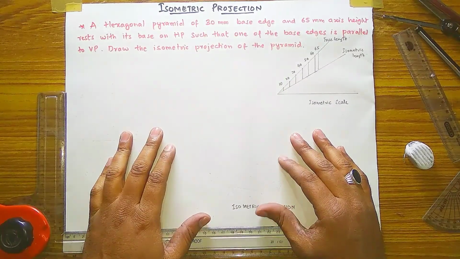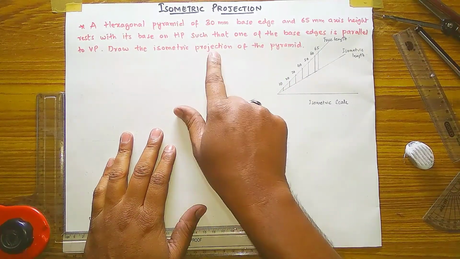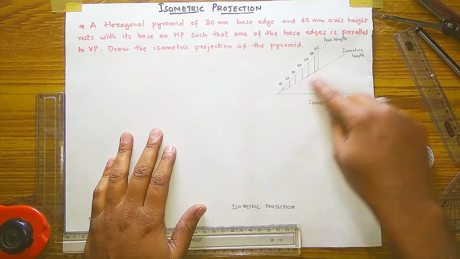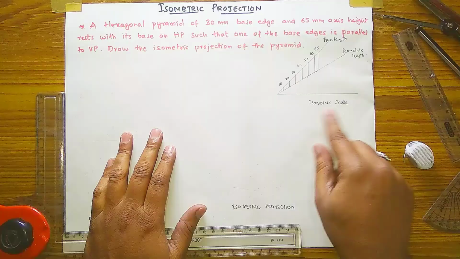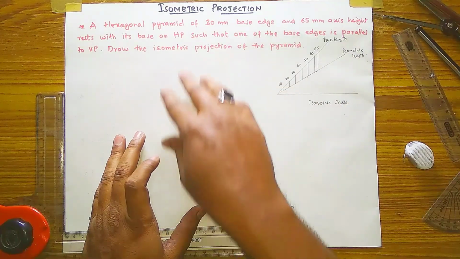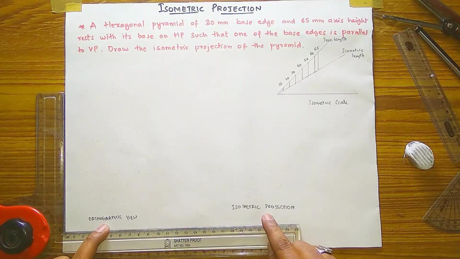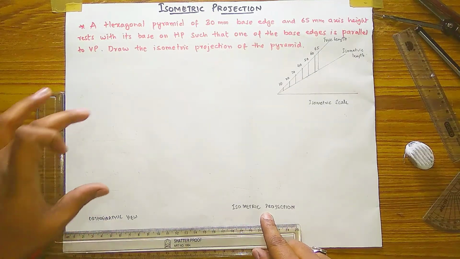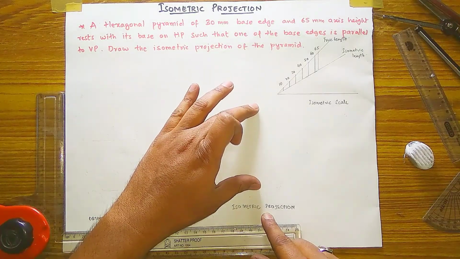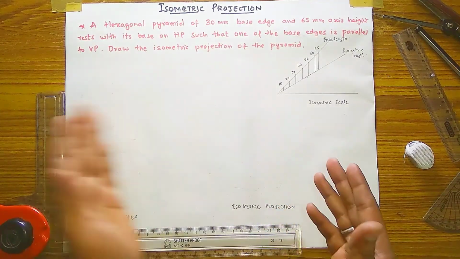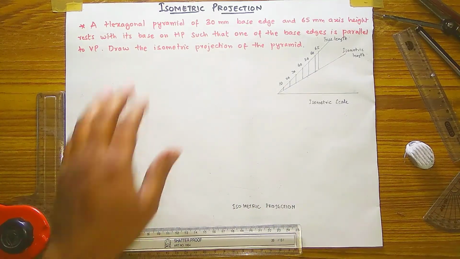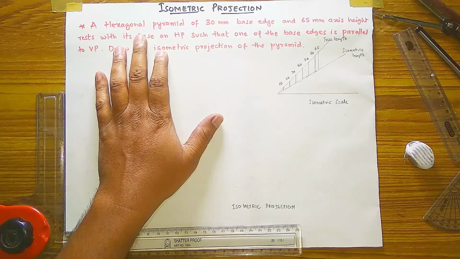In this question, first, what is isometric projection? In isometric projection, we have to draw with the isometric scale. This is the isometric scale, meaning with isometric length we have to draw each orthographic view and the isometric view also. If we first draw the orthographic projection with isometric lengths, the isometric projection dimensions will automatically come. So I am going to explain how to draw this question.